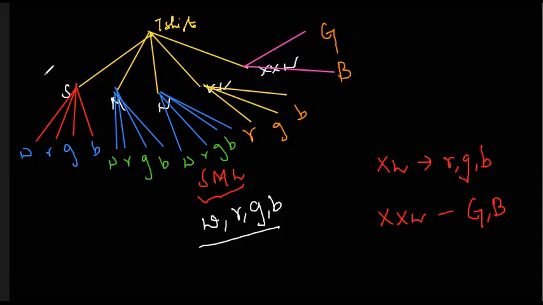Now totally, how many possible shirts are we supposed to have? For this we are supposed to count the number of branches we have: 1, 2, 3, 4, 5, 6, 7, 8. Then we will have 12, 15 and 17 at the end. So over here we have 17 different sizes and colors of t-shirts. Whenever someone is supposed to stock these t-shirts, they have to stock 17 different t-shirts.